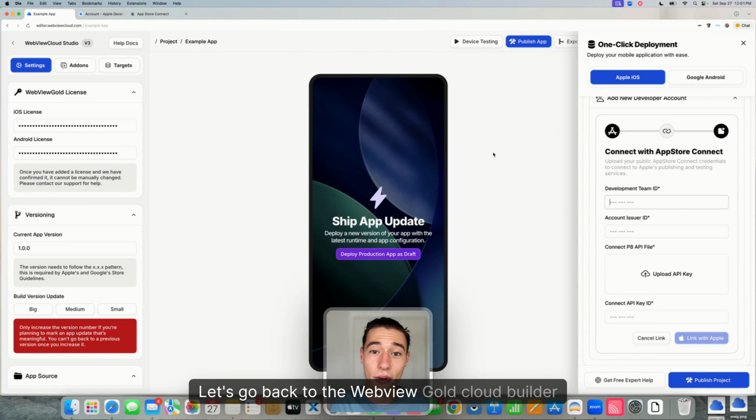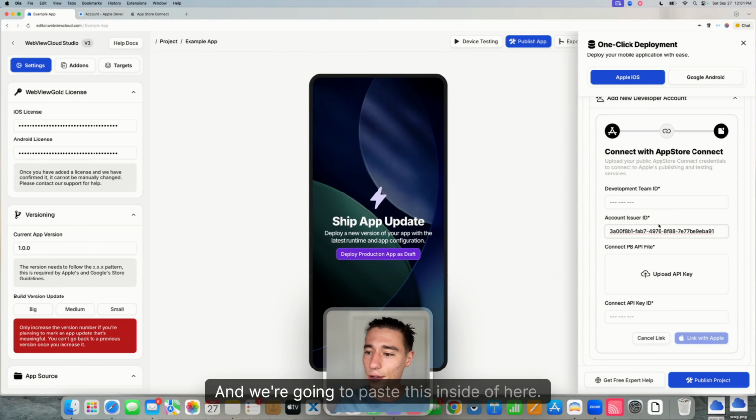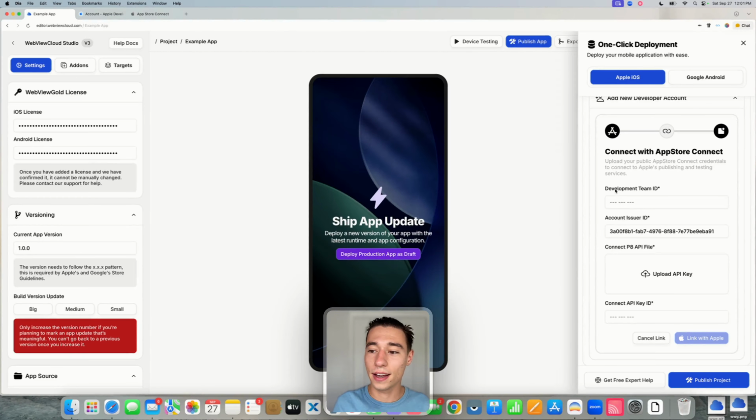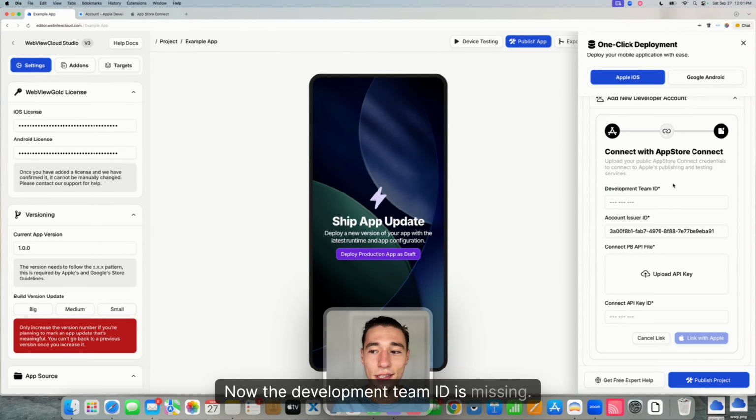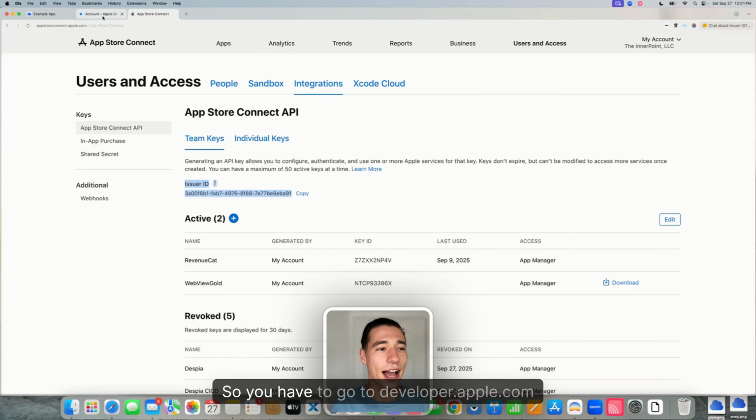Let's copy this issuer ID. Let's go back to the WebViewGold Cloud Builder. And we're going to go to Account Issuer ID inside of here, and we're going to paste this inside of here. Now, the development team ID is missing. Apple doesn't actually give you the development team ID on the App Store Connect. So you have to go to